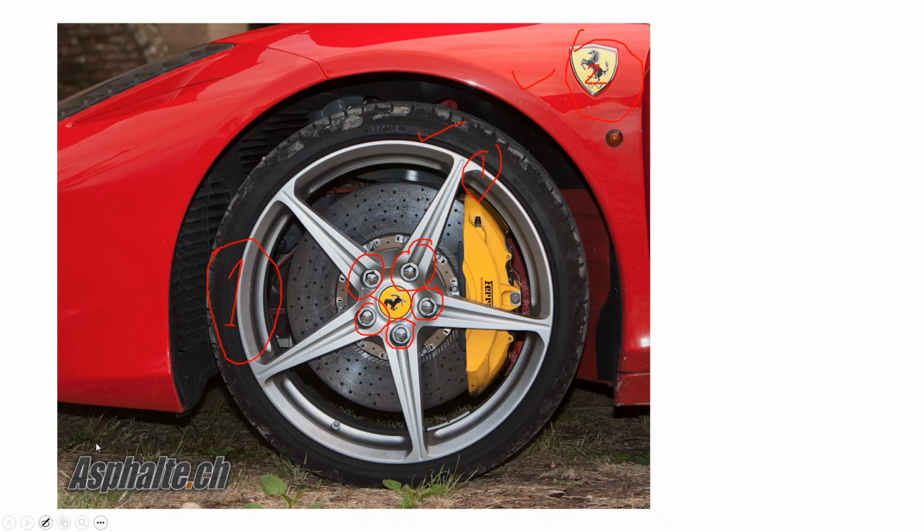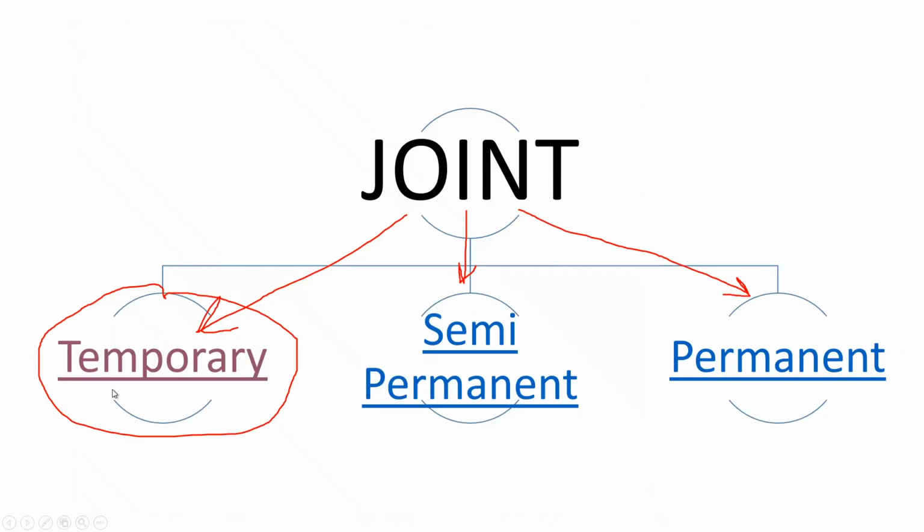So as I told you earlier, this type of joint is used where frequent assembly and disassembly is required. Now another type of joint is your semi-permanent joint. This is your semi-permanent joint. Now again, in case of a semi-permanent joint, you can do the assembly and disassembly without breaking the components, but this